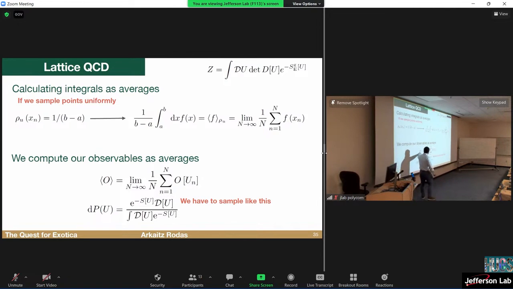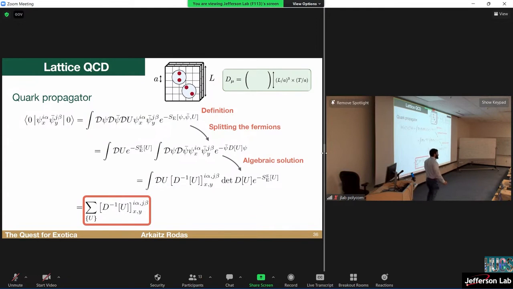So now our observables are sampled according to some probability distribution of these links, and then we are just going to do an average. Usually, if we want something good, thousands of averages, right? So we have to sample thousands of times the gluon picture. So the idea is we care about mesons, so we better calculate on our observables a quark anti-quark system, because mesons are built of quark anti-quarks, right? So unless we calculate them on the lattice, we are not going to be able to calculate mesons.